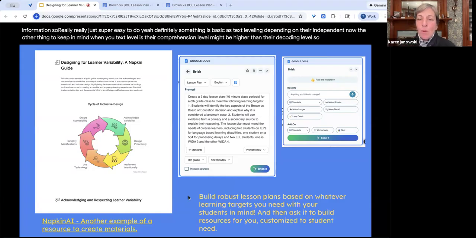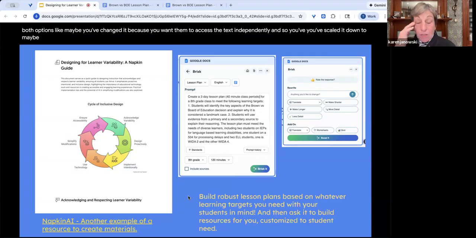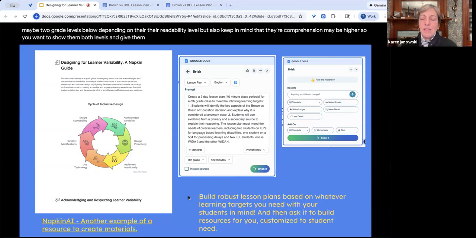So always show them both options, like maybe you've changed it because you want them to access the text independently, and so you've scaled it down to maybe 2 grade levels below, depending on their readability level. But also keep in mind that their comprehension may be higher. So you want to show them both levels and give them text to speech. And then finally,